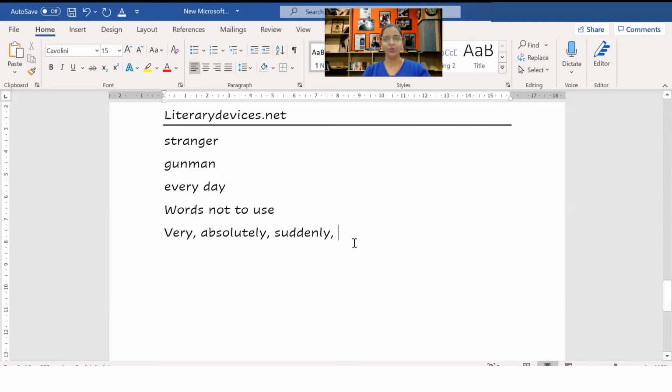Whenever you are not able to find a word in replacement of "very," you can Google it around. Wordhippo.com will be the best place to go and check for words like "very." Let me give you a few words. When you are trying to say "very noisy," it is deafening. "Very often," it is frequently. "Very good," excellent.